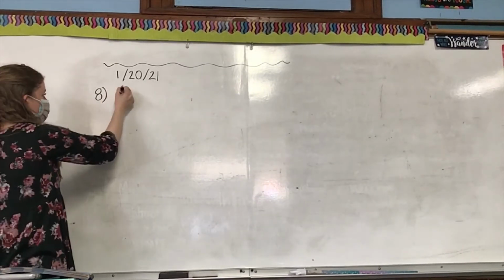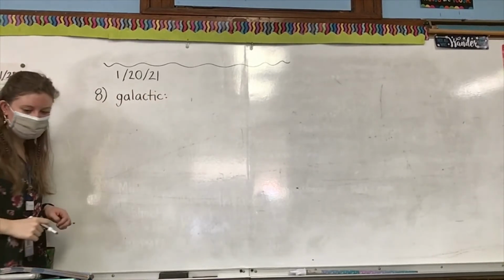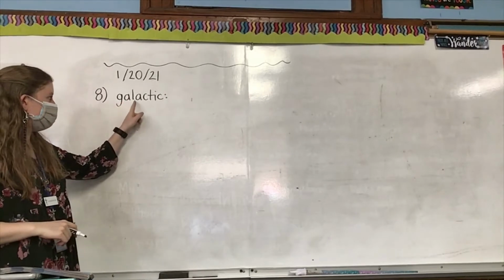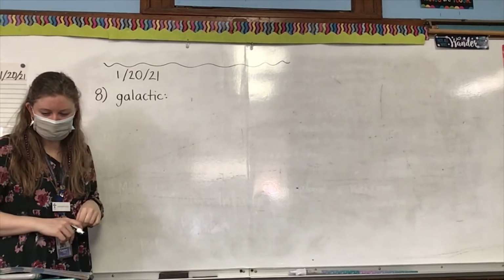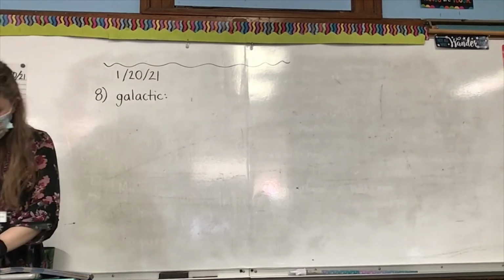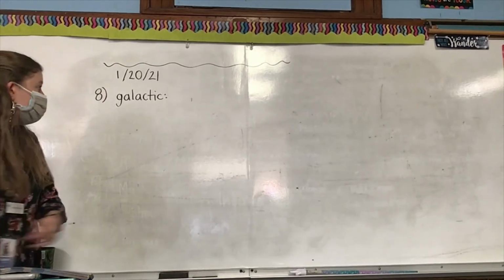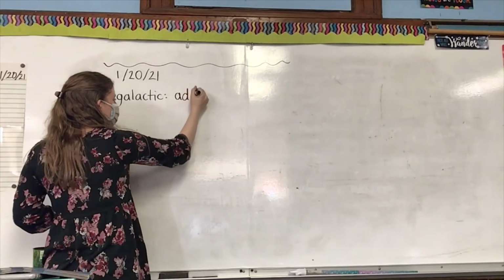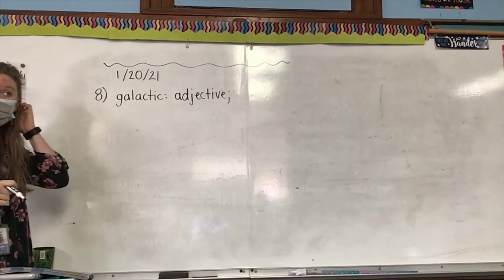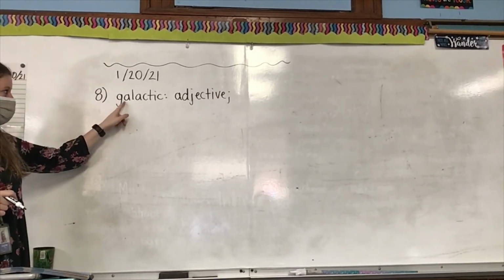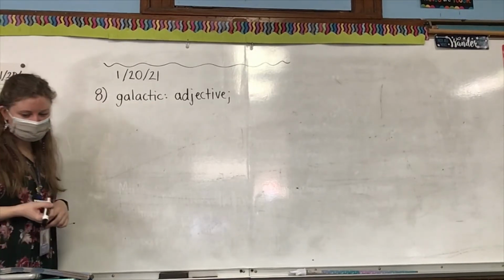Number 8 is the word galactic. Galactic. G-A-L-A-C-T-I-C. Galactic. And galactic, I think it's used as an adjective. Yes, it is used as an adjective. So it's a describing word. Describes a noun, a thing. Galactic, G-A-L-A-C-T-I-C. It is an adjective, and it means